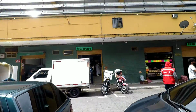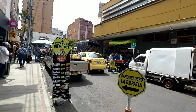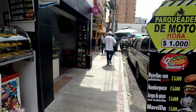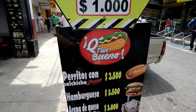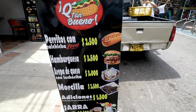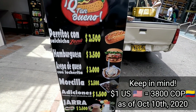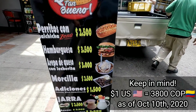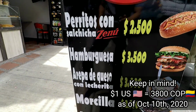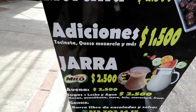And that's the entrance right there, but I'm not gonna go inside. And they got fast food things here. You got hot dogs for 2,500 pesos, hamburgers 3,500 pesos, arepa de queso with condensed milk. Yeah, lecheritas condensed milk for 3,000 pesos. You can buy like a liter of Milo or...